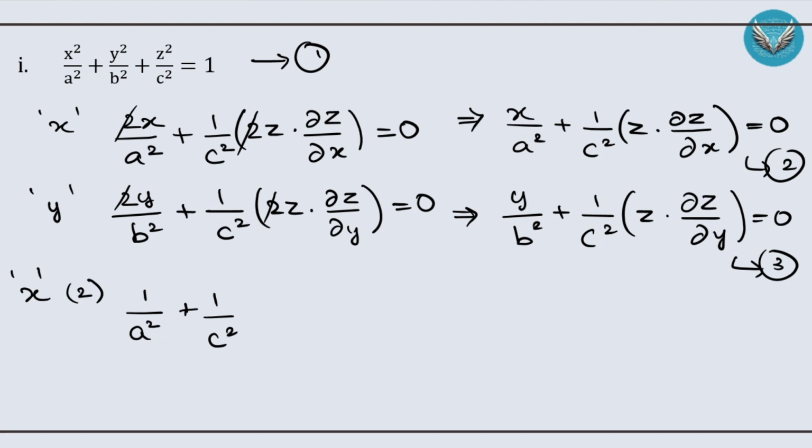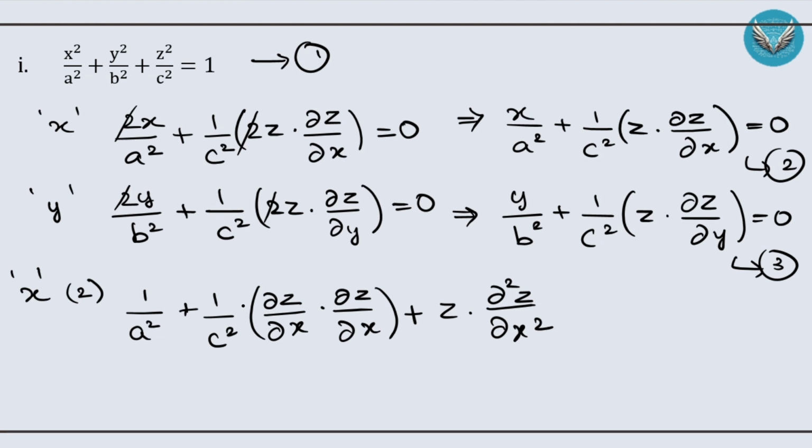We have to use product rule. So this is going to be dou z by dou x, if we differentiate z, into dou z by dou x plus z into, this becomes dou square z by dou x square,